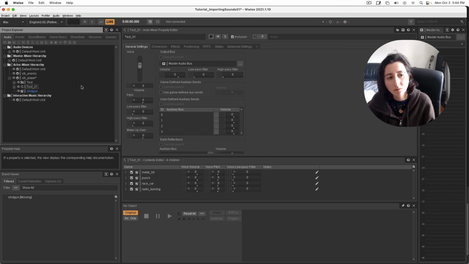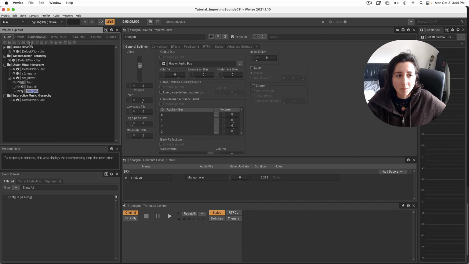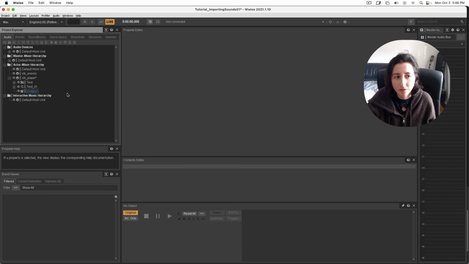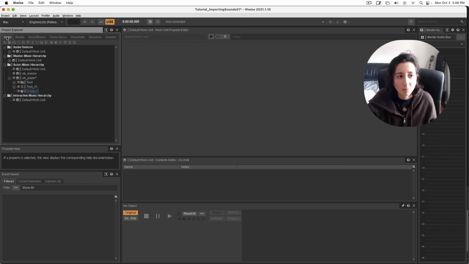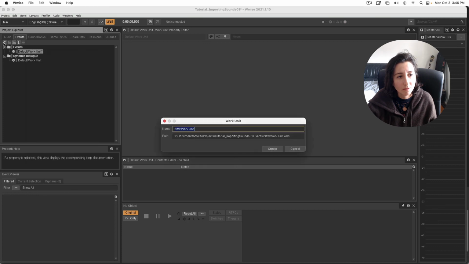But now I want to talk about events. So now I have one sound here, but I didn't create any event, right? That means it's not gonna play in the game. I need to have an event. So I'm gonna go to the event tab. As you can see here, I also have a default work unit. The best way to do it is to keep it organized the same way you are doing in your audio tabs. So I can go here and create, let's say, just a sound effect